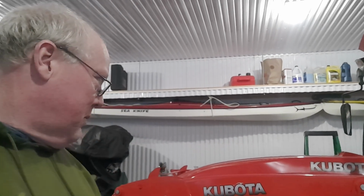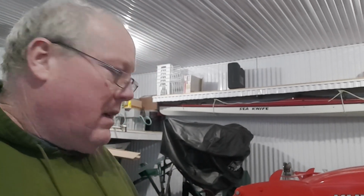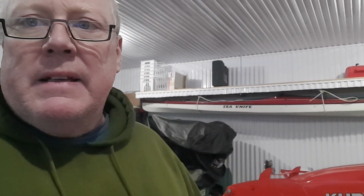I'm on my front camera and got my Kubota Grand L4060 and put 130 hours on it. And right now I'm just checking the front axle. I changed the oil in the front axle after about 100 hours. You don't need to do that. It doesn't call to drain it, but I